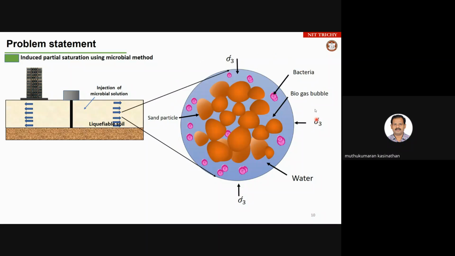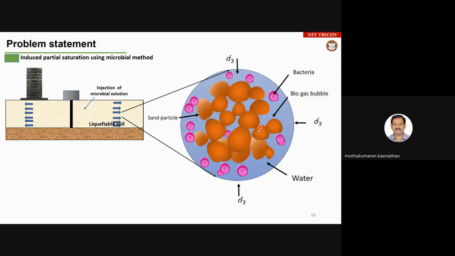So conceptually, you look at this diagram, what is happening: it is a fully saturated soil mass, where we are trying to introduce gas particles in it. So these may be the particles induced by biogas or externally induced. As we know, the soil element is subjected to all-around confining stress sigma 3, which is constant with respect to direction. When the stress is being increased,